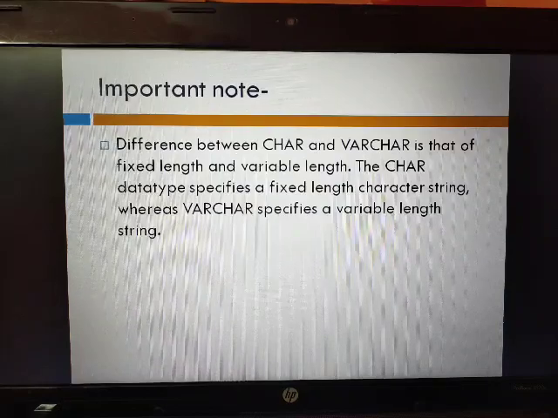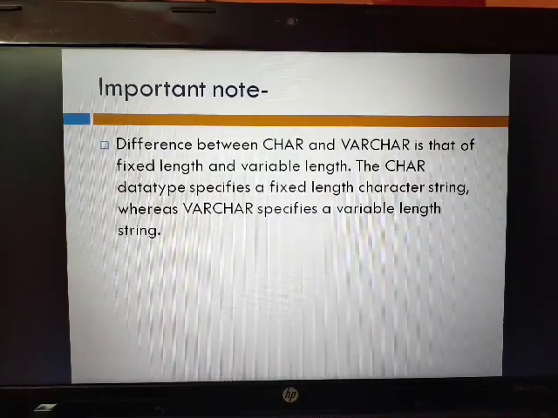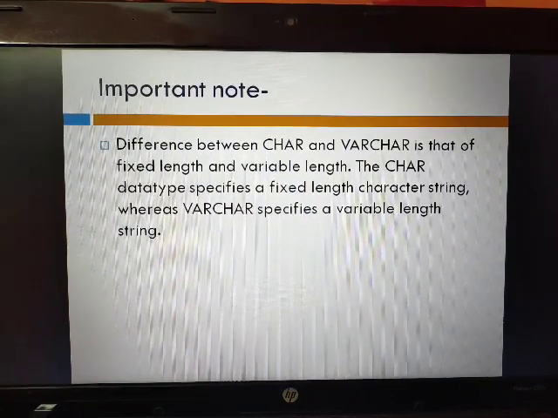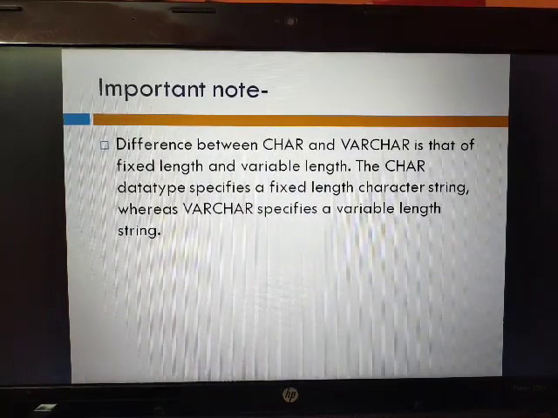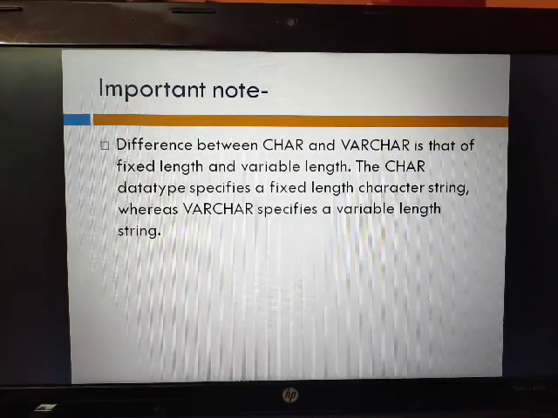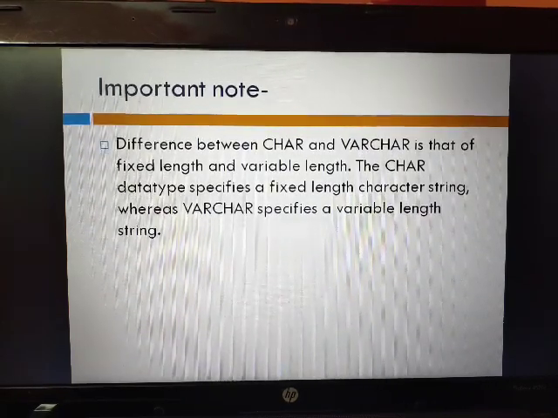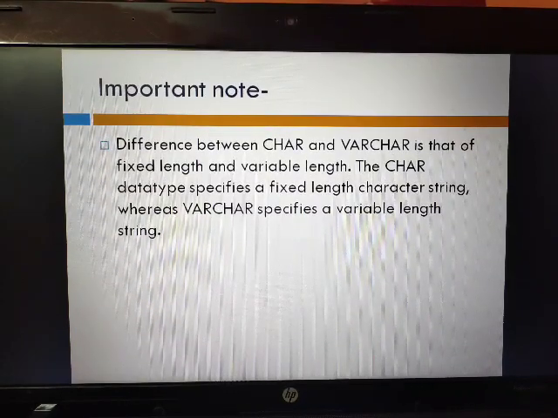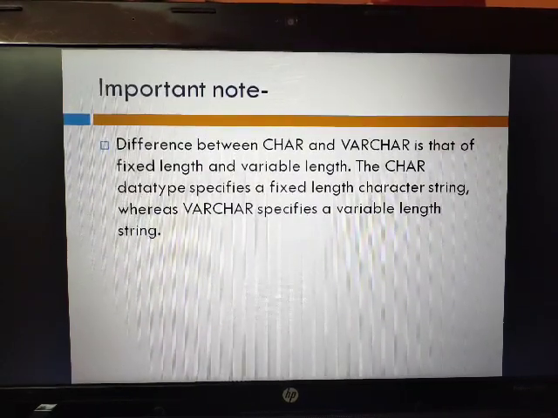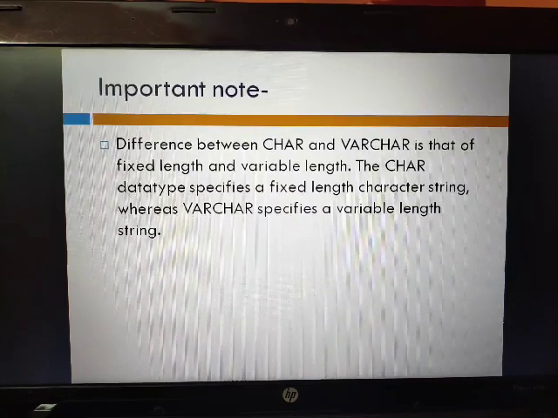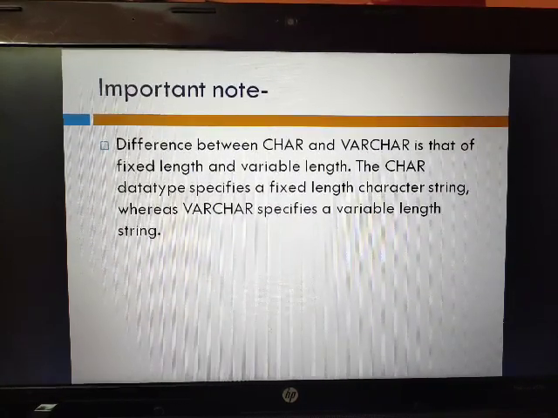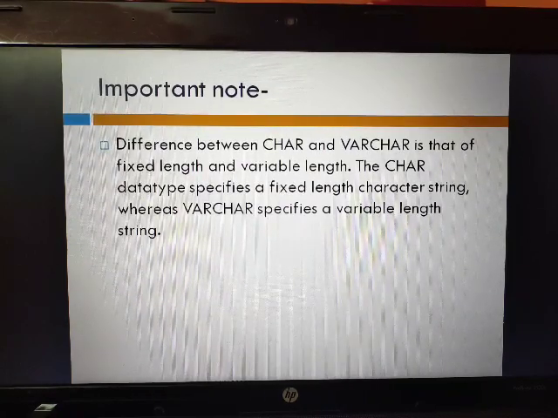If you are using character, then it is fixed length, and if you are using varchar, then that can vary. For example, with varchar, suppose you have declared 20 characters in size, but you are using only 8 characters, then the other 12 characters you can save in memory.